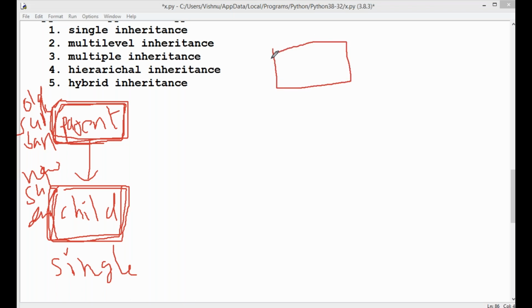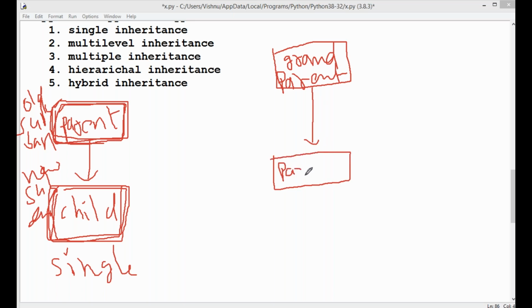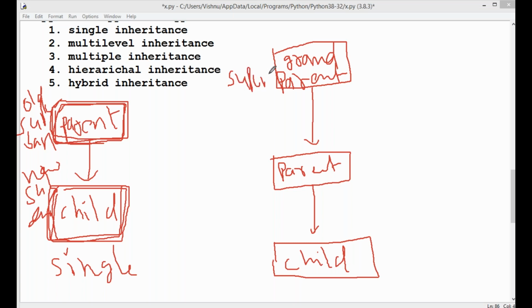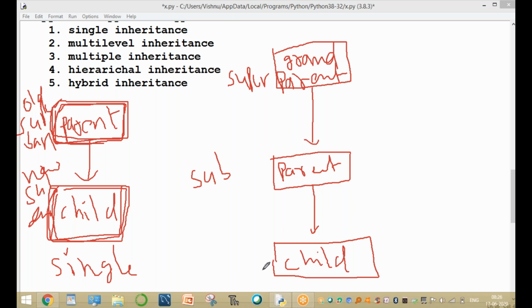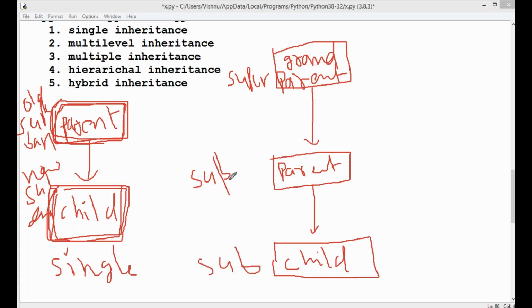Sir, what is multi-level inheritance? For example, there is a grandparent class, from the grandparent class to the parent class, and again from the parent class to the child class. In our terminology, first the grandparent is the super class and the parent is the subclass. Then the parent acts as a super class again, and the child is a derived class.